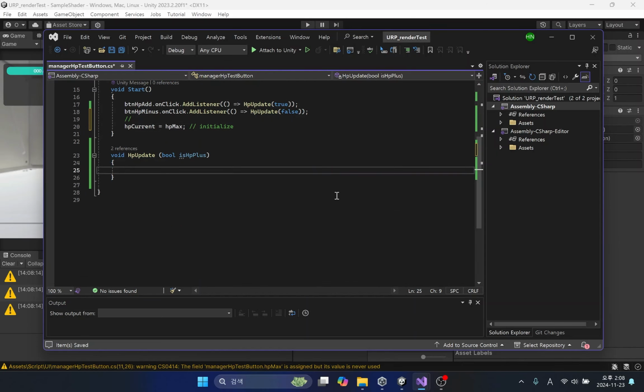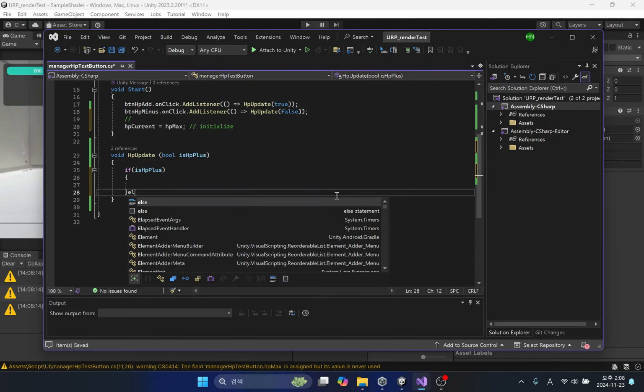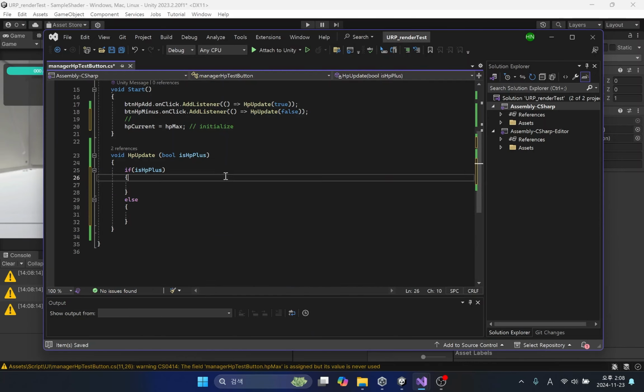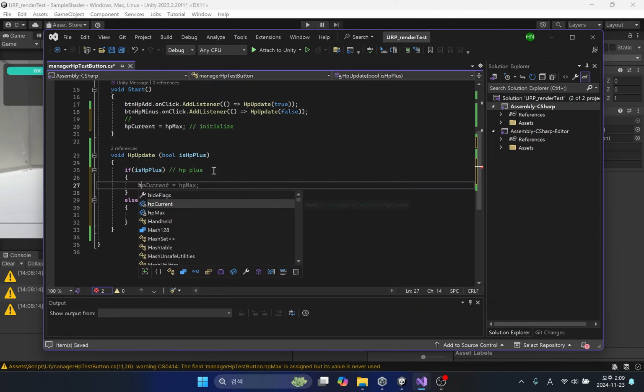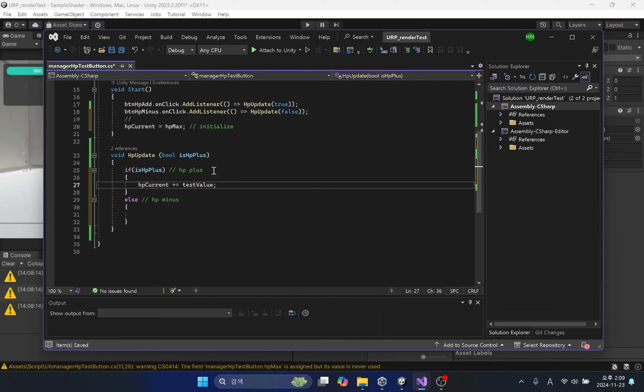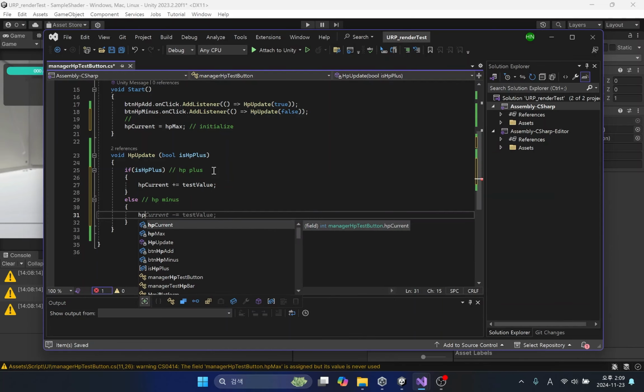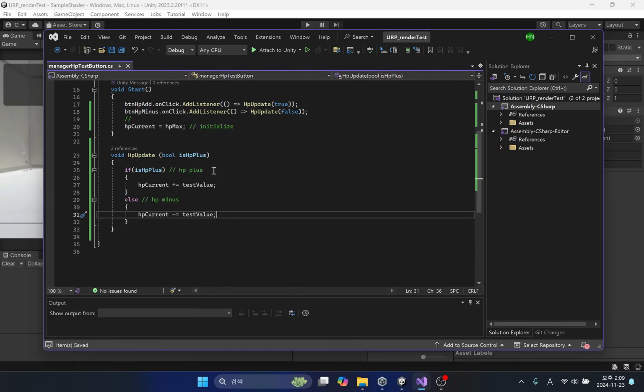Now let's create a function that increases or decreases HP depending on conditions. If the condition is true, we will add the test value to the current HP. If the condition is false, we will subtract the test value from the current HP.